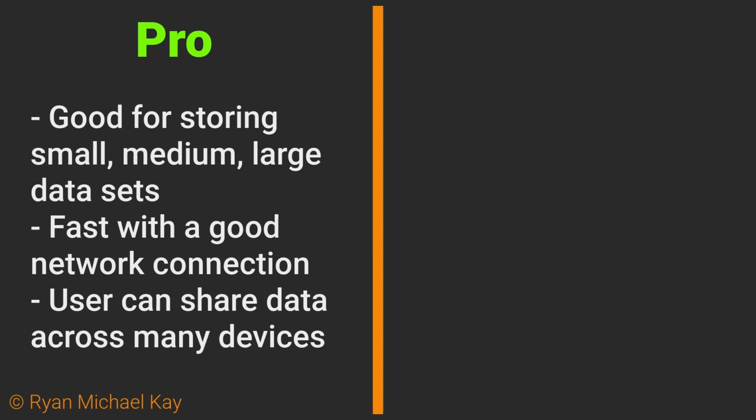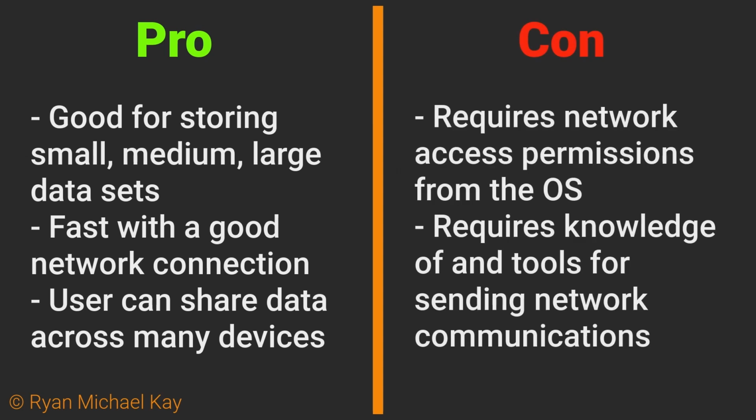Since you are communicating over the internet, it follows that you will have to use some kind of tool to do that. Some benefits include users being able to share data across multiple devices. It can be made very efficient with a good internet connection. Some potential issues are that, of course, it requires the devices to have network access. Java does have some out-of-the-box tools to set this network communication up, but they can be tricky to use.